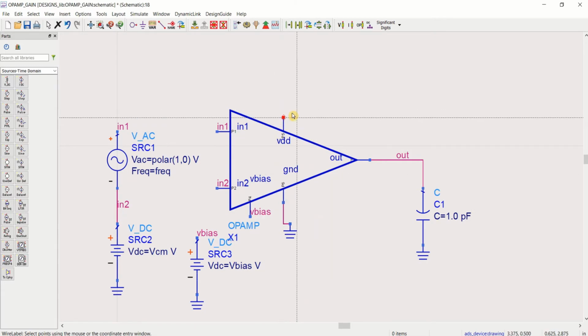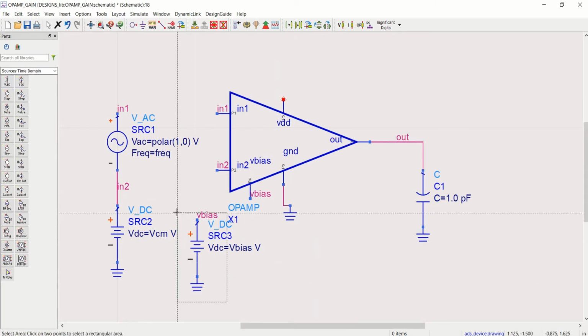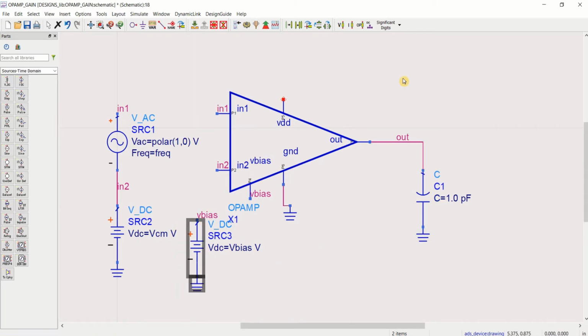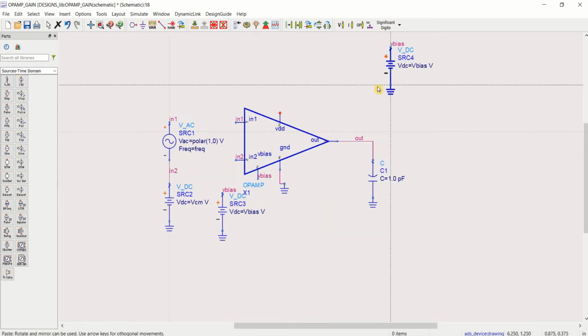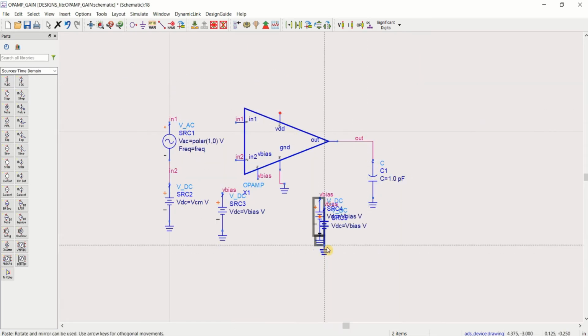One more is required, that is the supply potential. So I'll take the same source and call it power supply, which is V power.